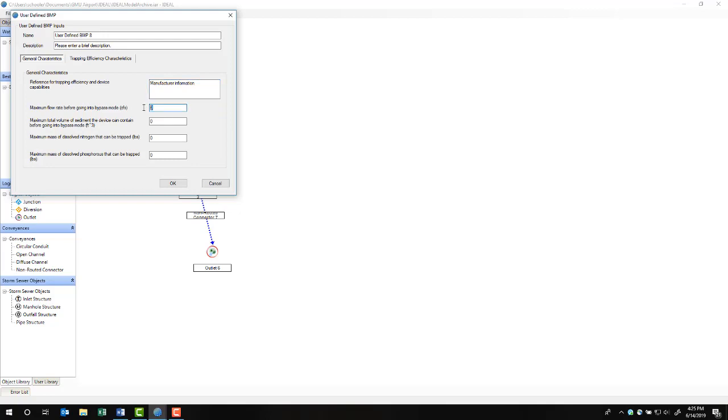The next input is the maximum rate of flow before the device is bypassed. If your device is sized properly, there should only be bypass in the larger, less frequent storms. If you are simulating a situation where there is no maximum rate of flow, you can simply set this number very high. The next input is the maximum total volume of sediment the device can store before bypassing all additional